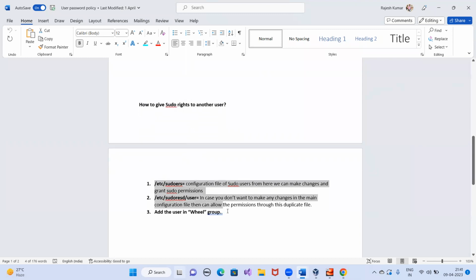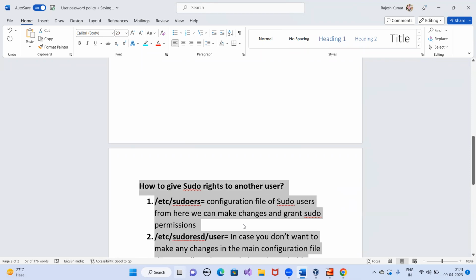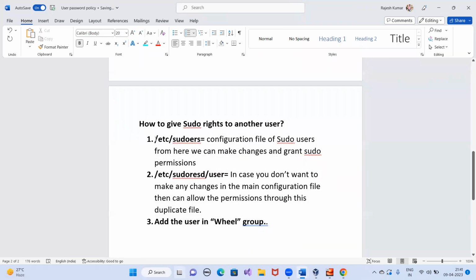There are three methods through which you can assign the sudo permission to any user. Let me increase the font. The first method is this one. There is a file which is called sudoers. This sudoers file is available in /etc, because I have told you that in the /etc location, all the server related configuration and system related configuration will be stored. During the file system hierarchy, I told you that.